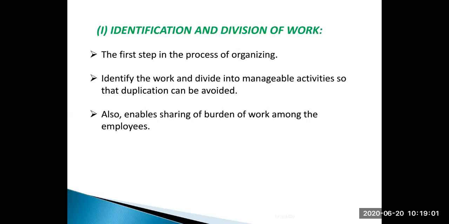So one has to contact the decorator, one has to contact the cake baker, one has to go for decoration, catering, etc. So now, if there are seven sets of activities which have to be done, then you have to divide that work and manage it so that nothing is repeated. If I ask two people to order the cake, obviously there would be duplication of work.